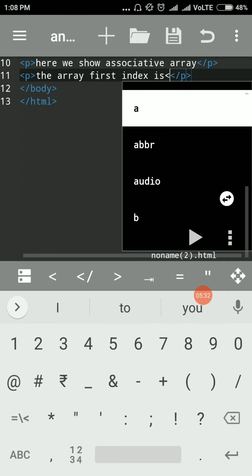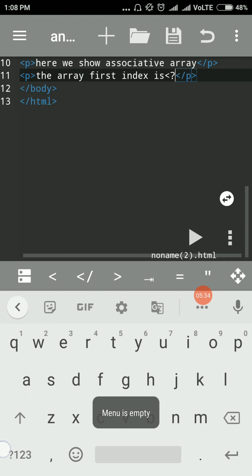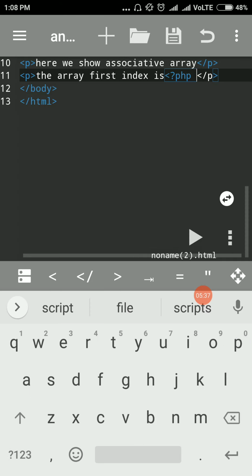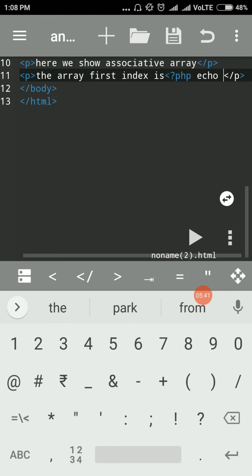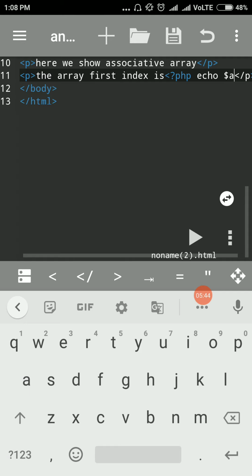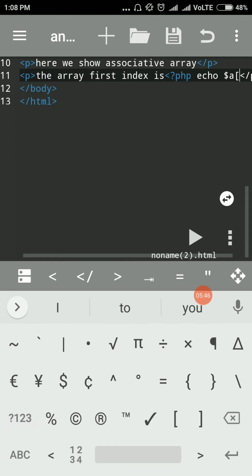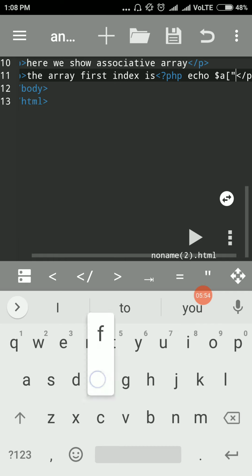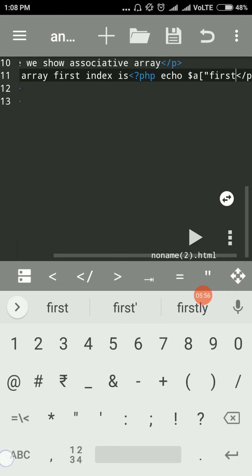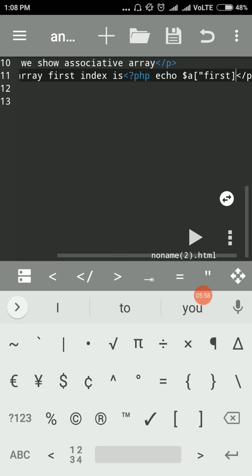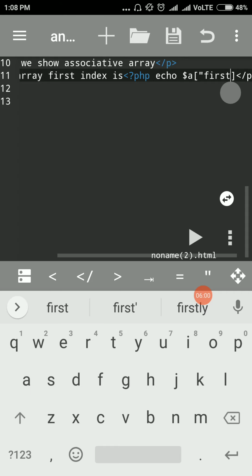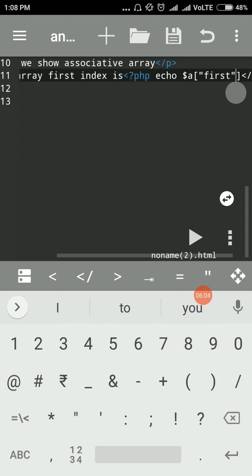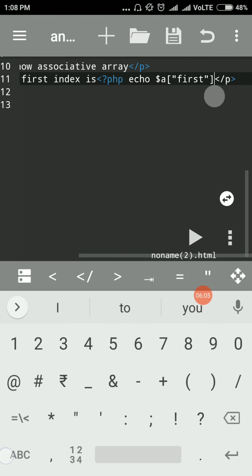So again we start the script inside the HTML, then echo, dollar mark a, and inside the bracket we take the key name. So the key name here is first, and then we complete it, but before that the double inverted comma, and then last is the semicolon.